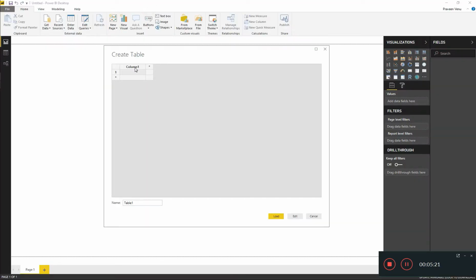So I can define the columns here. For example, let me define the first column as name, and the second one as salary, and the third one as department. Then I can go ahead and add the values for each of them, as many rows as I need. So I'm adding John, 10,000, IT department. I can go back down, Roy, 15,000, IT department,